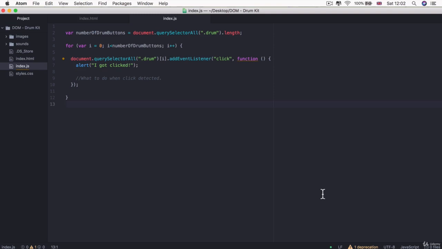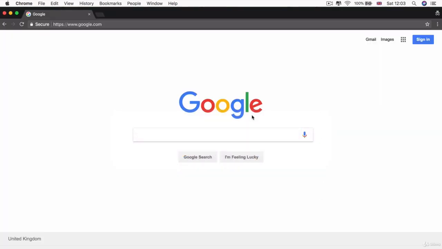Now, in the last lesson, we figured out how we could add an event listener to all of our buttons. In this lesson, we're going to take it a step further, and instead of showing an alert, we're going to play the sound of a drum. So playing sound is super easy using JavaScript,